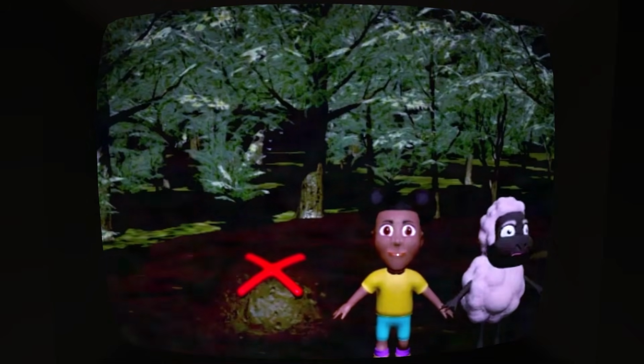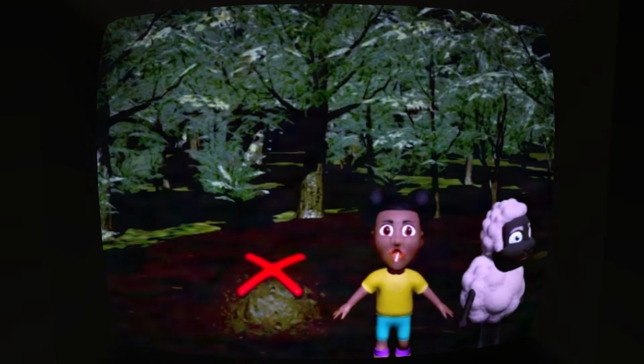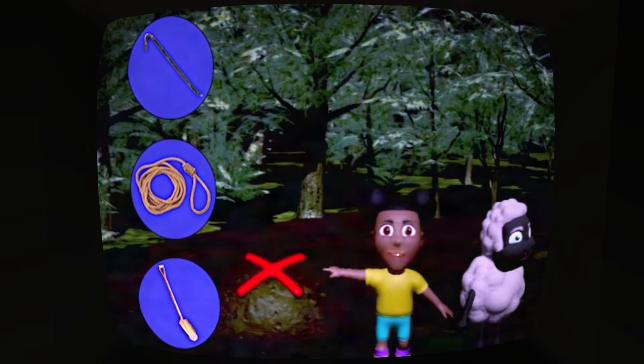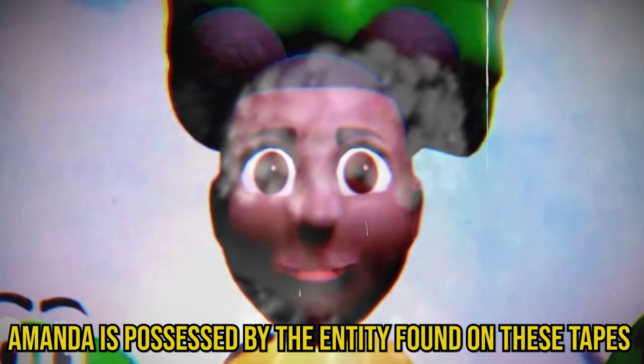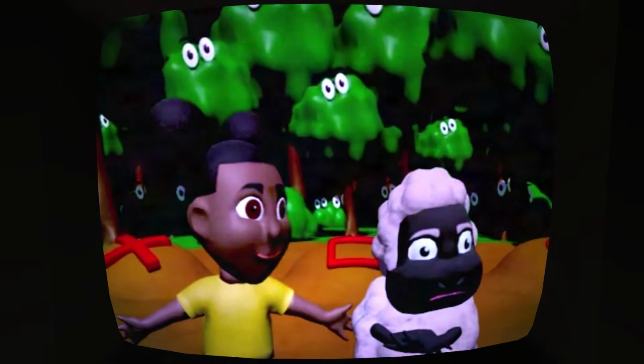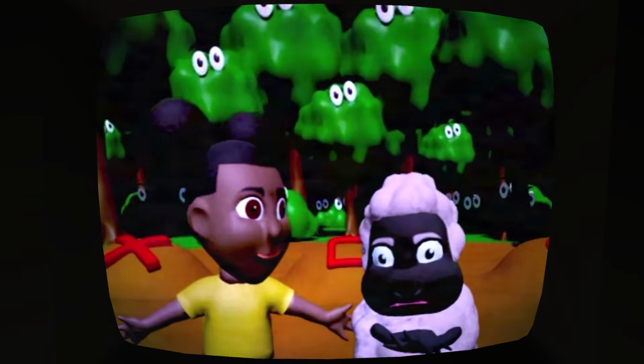When trying to work out the backstory to these creepy videotapes and the characters found within them, we must analyze all of the clues cryptically given to us throughout the game. Firstly, we can draw the conclusion that Amanda is possessed by the demonic entity. This is evidenced by the fact her eyes glaze over and her body contorts, as seen in the final tape. Her voice changes tone and pitch too.